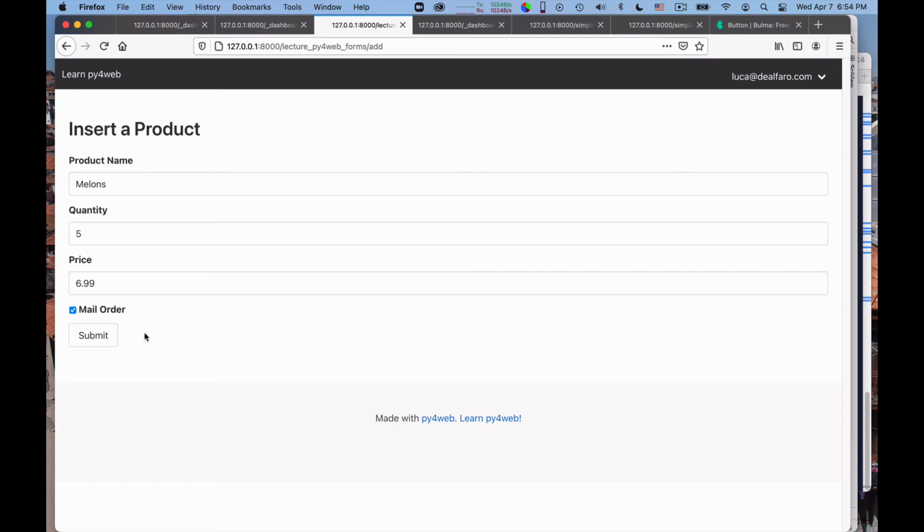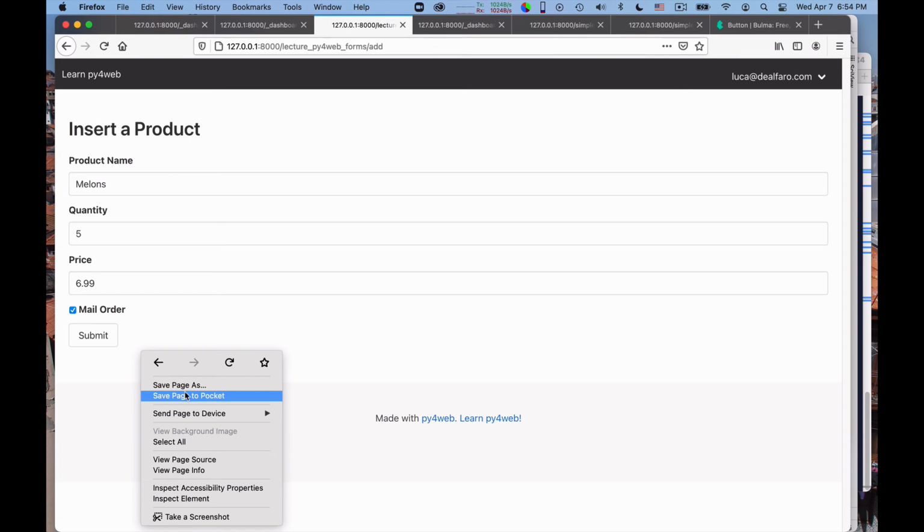Perhaps you say that the rejection should generate a bigger blow-up, and one could indeed modify Py4Web, but remember, we're defending ourselves with respect to an attack. So what is going on, we may not want to particularly say match, but we certainly don't want to add any melons to the database.